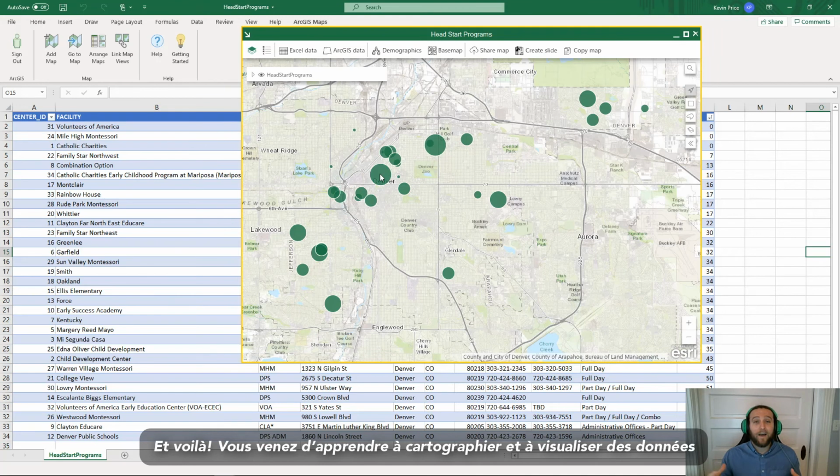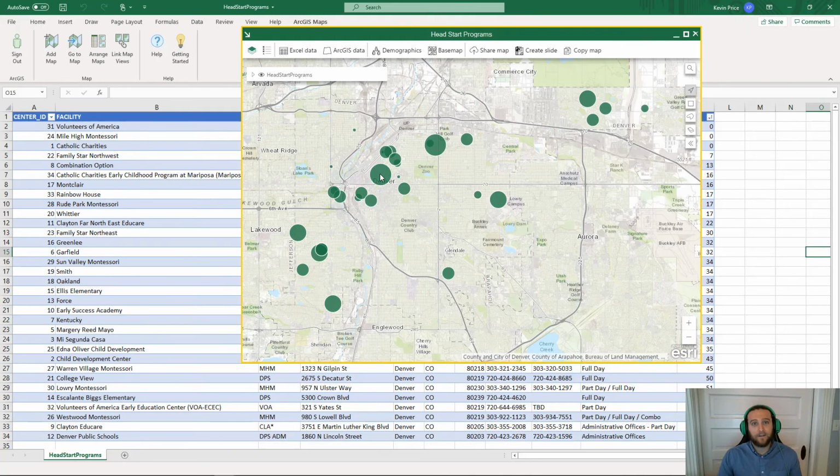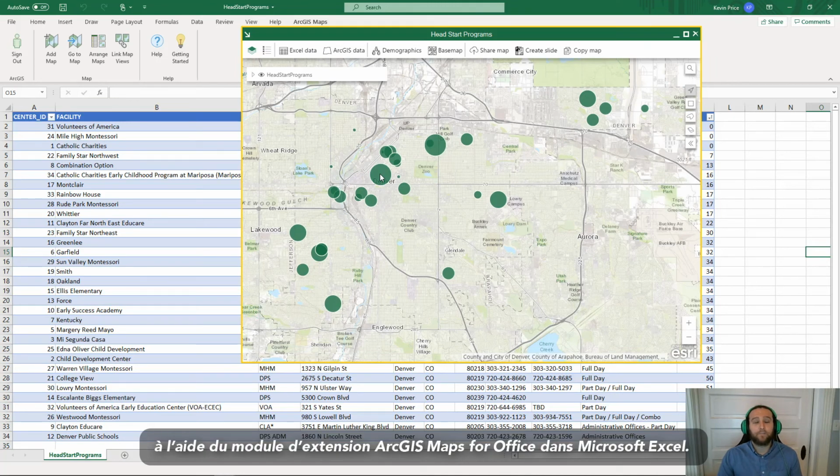All right, we have just learned how to map and visualize our data by using the ArcGIS Maps for Office